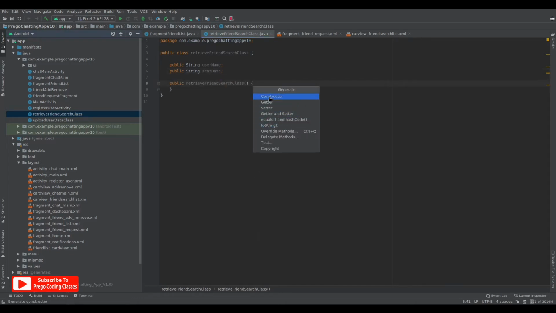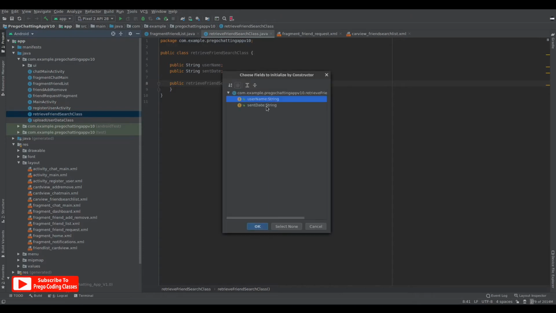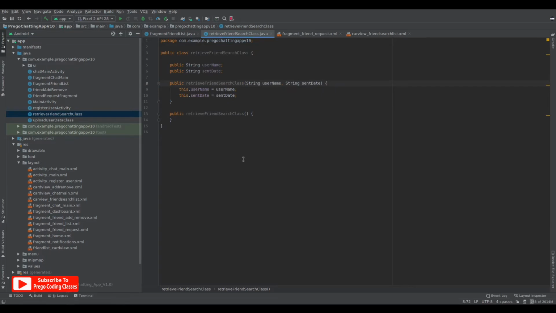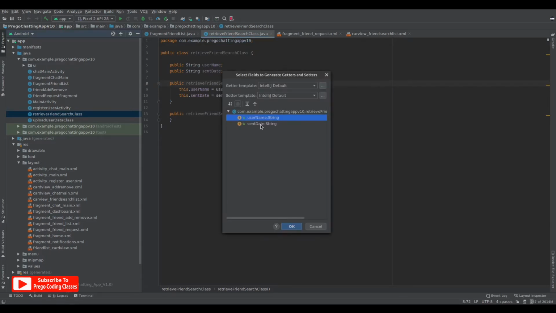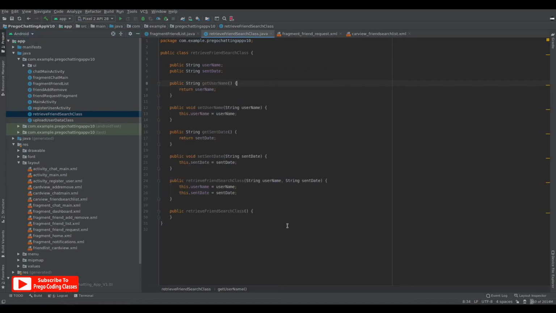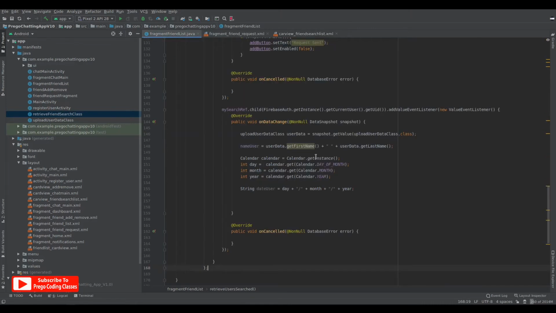Alt 0 constructor of these two, then alt 0 getter and setter, shift click. That's it. So this class is done.